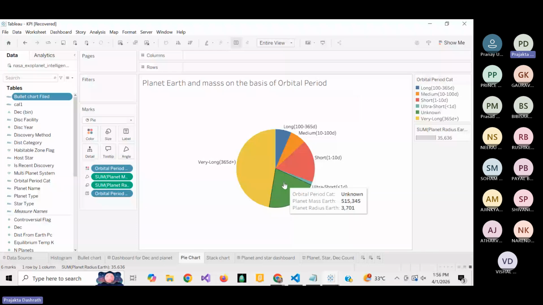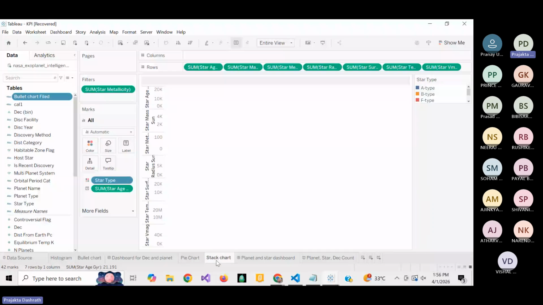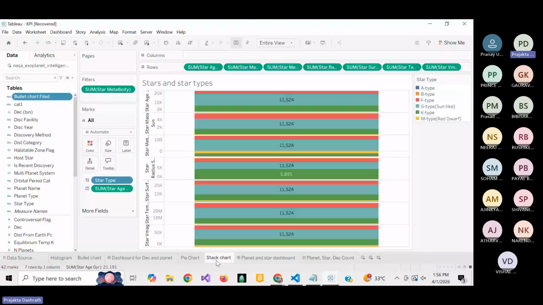When to choose the stack chart? Stack chart is a stacked presentation whenever we are trying to observe the result on the basis of certain things which are varying. In this case, the varying column name is star type. Here, so many colors are shown. For example, M type is shown with the